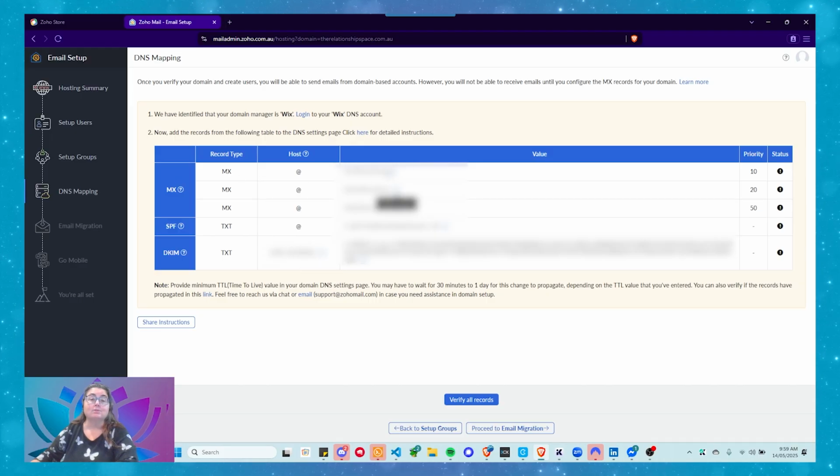Okay, so MX records, we're just going to go and copy these. Now I'm going to copy one and then I'm going to do the other two manually. I'll show you how to do that. We've got MX, MX2, MX3, and we've got 10, 20, and 50. These are the 3 values that we need to remember, or the 6 values we need to remember. Go back to our Wix account,